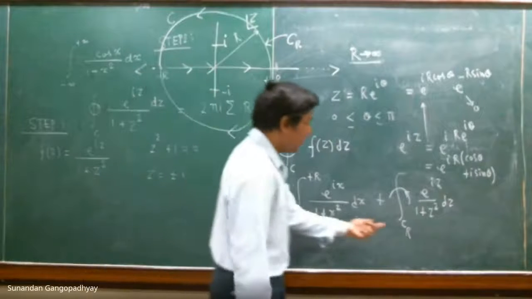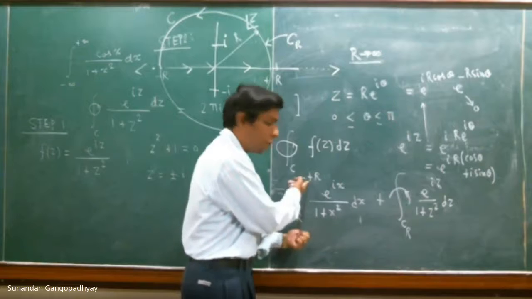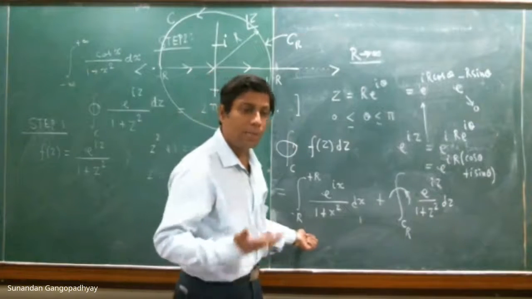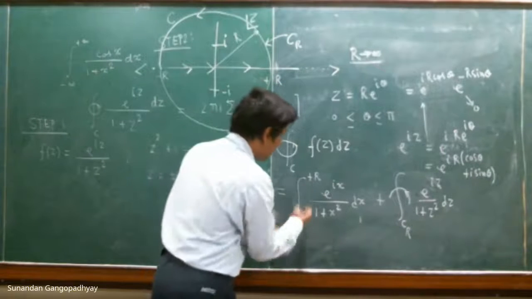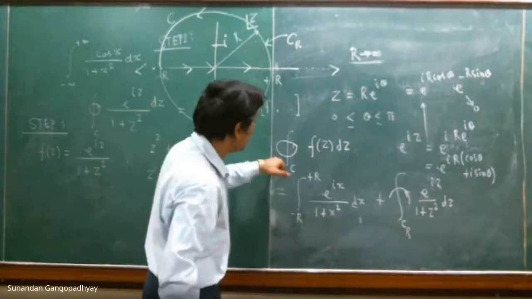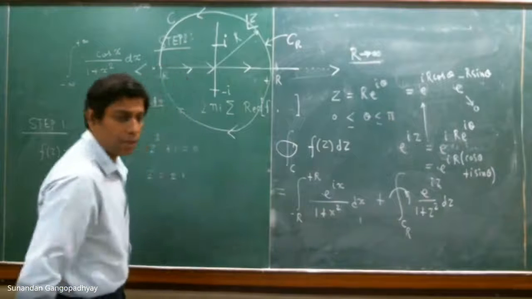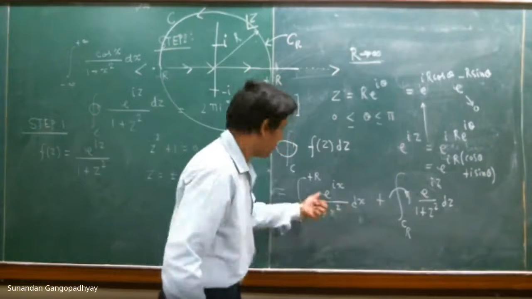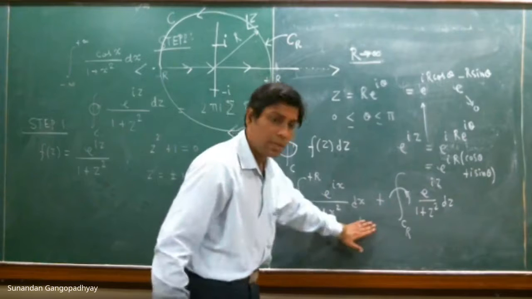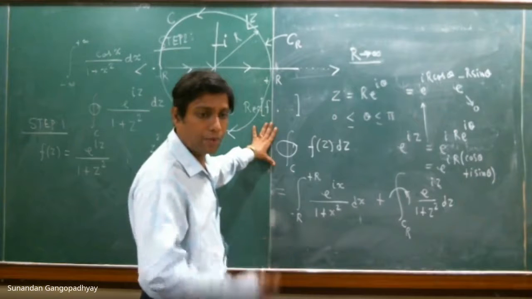Why? Because in the r going to infinity limit, what happens to this integral? This becomes the integral from minus infinity to plus infinity, and this contribution goes to 0. And that is precisely what we want, because this is the integral that we want, from minus infinity to plus infinity, and this integral becomes equal to this contour integral, which is nothing but 2πi times the sum over residues. So evaluation of this real integral, obviously there is an i here, but still this is an integral on the real line, is now equal to just a contour integral of some function of a complex variable.